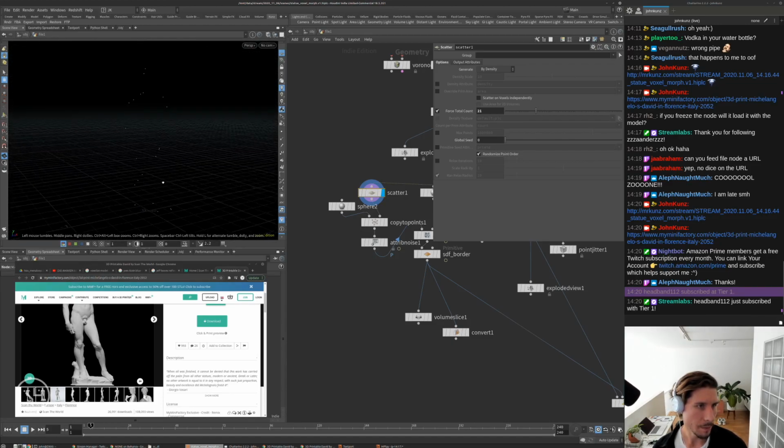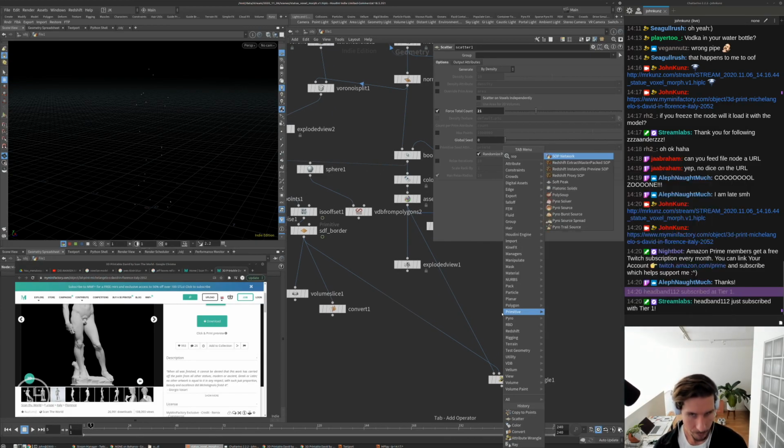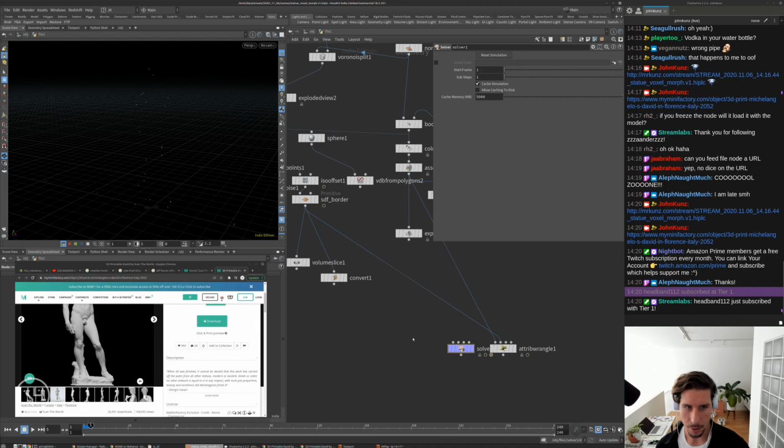If you want to, sometimes you can make your own noise. I'm just gonna stick with it for right now. I'm gonna use a solver SOP. So the solver SOP is a little bit